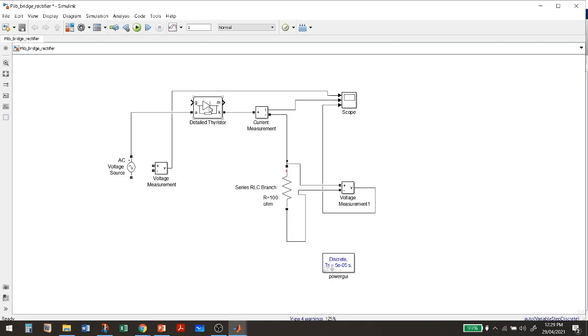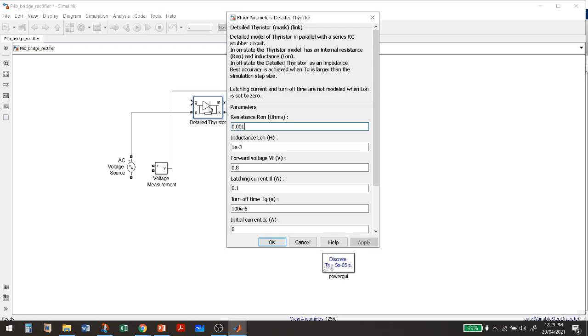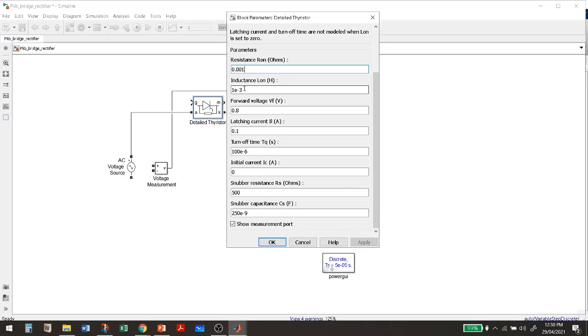If you double click here, you can see that this is the detailed thyristor, and here you can see its values. If you want more help, you can go for the help parameter.